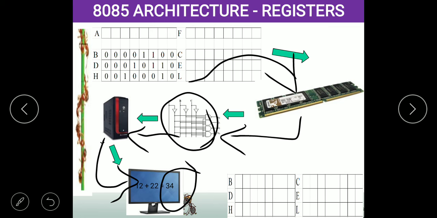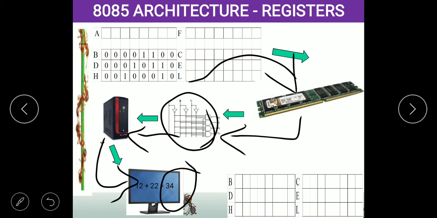So this process goes from the keyboard, the generation of the voltage, the generation of the EMF, to the binary number, to the CPU, to the RAM, to the register, to the processor, to the register, to the RAM, to the binary to decimal converter. Again it comes back to the CPU, and again it goes to the monitor. So all this process happens within a fraction of a second. That is what we call the processor speed.